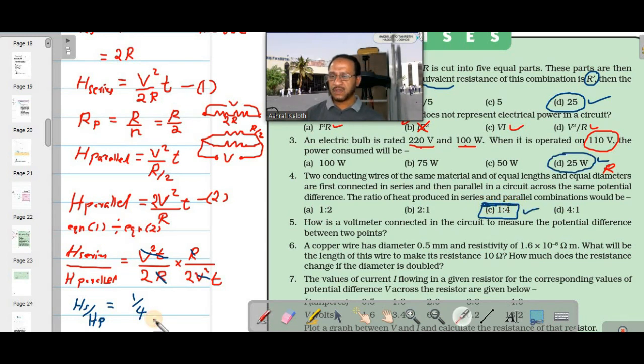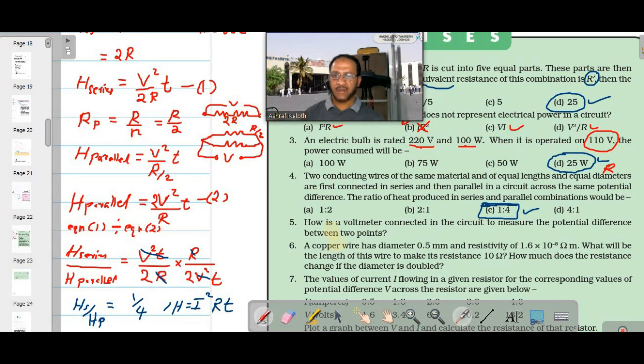Now one more point you have to understand from here. See, the heat produced in series and heat produced in parallel, the ratio is 1:4. Means in which combination more heat is produced? Both are having same resistance. When they are connected in series, if heat produced is 1 joule, when the same are connected in parallel with the same potential, heat produced is 4 joule. 4 times more is in parallel. Why is it so? In parallel, resistance will be minimum. Current will be the highest. When current is highest, heat produced will be I square RT. Current is having more influence.